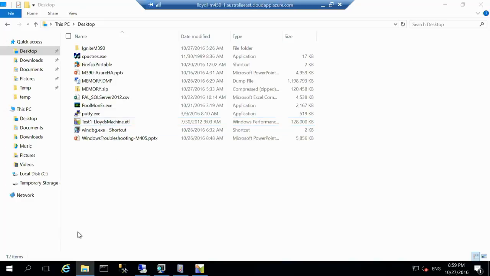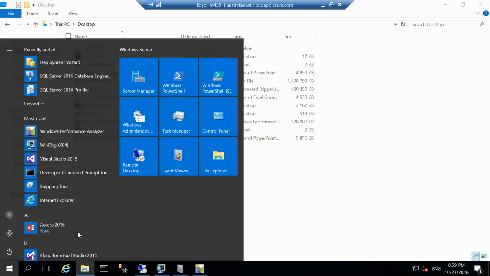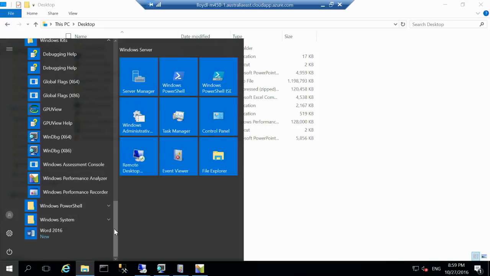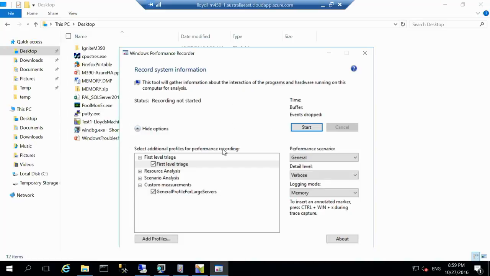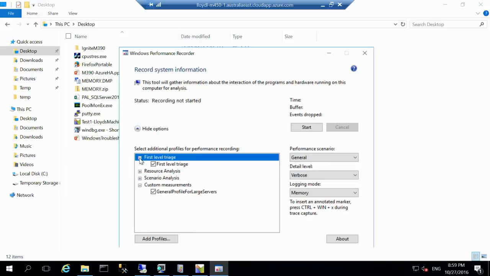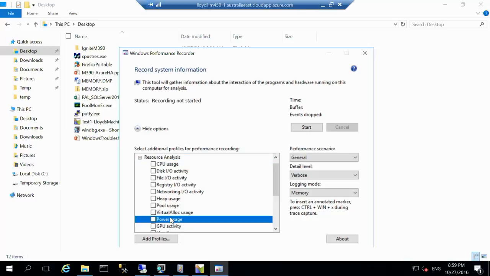WPA gives you that information, because if you go into Windows Performance Recorder, let me see, there you go. When you run Windows Performance Recorder, remember all this stuff here? There's a new scenario analysis that gives you audio glitches, video glitches, Internet Explorer, Edge browser, and under resource analysis, there's one that tells you power usage. You pull that one on, and you will be able to get all the power usage and see what happened